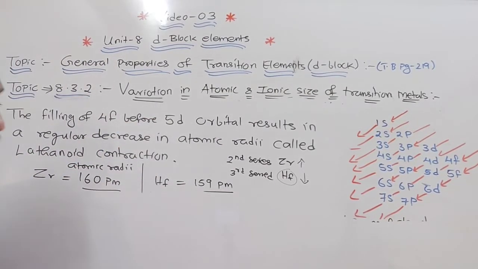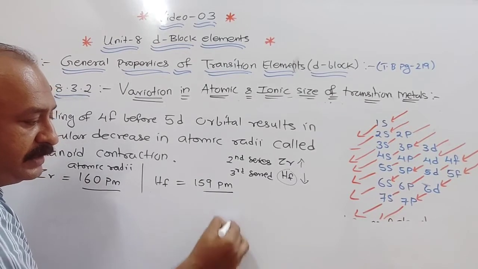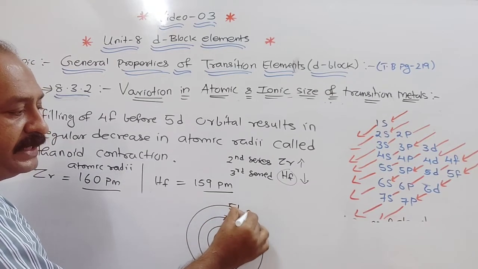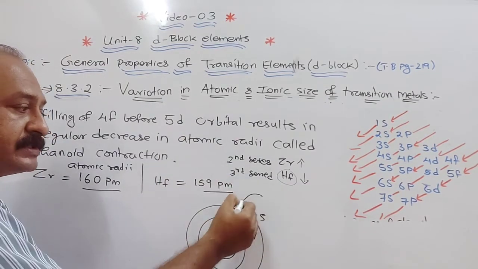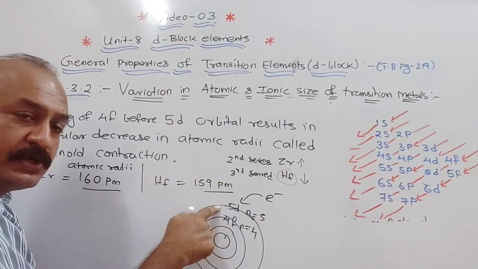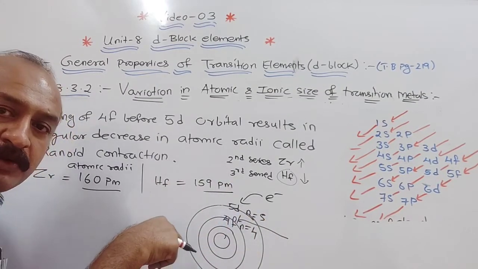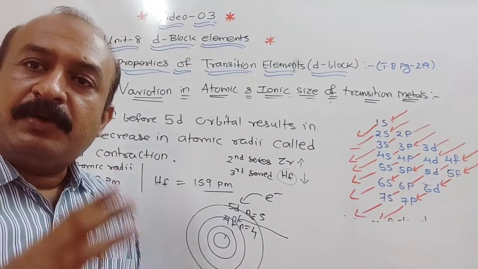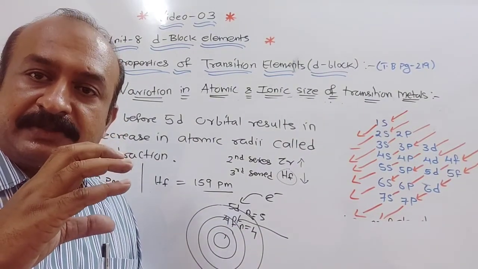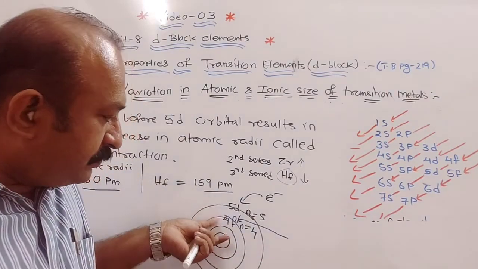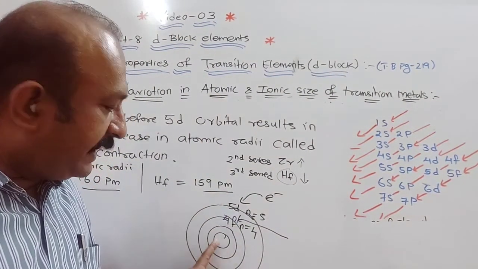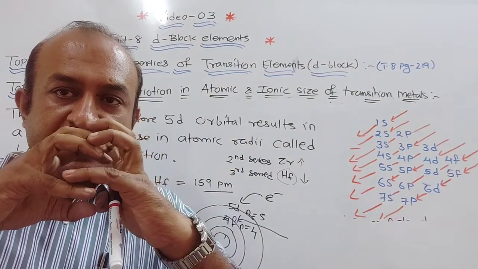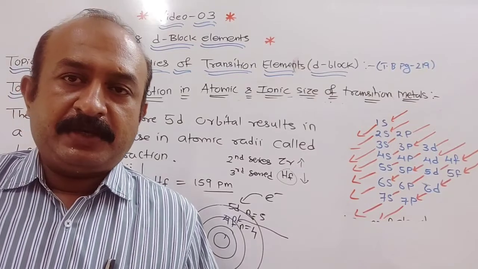So this is the reason, because when we see this nucleus like this, 4f will be here, n equal to 4, and 5d, n equal to 5, is the outermost. So the first electron must be filled there, but instead the electron is filled in the inner orbital. So what will happen due to this? There will be a shielding or screening, and due to that the size will decrease. Understood? So it will contract because more pull will be there compared to the last one. So this is contraction from the inner itself, the outer side also will shrink like this, and that we call lanthanoid contraction.